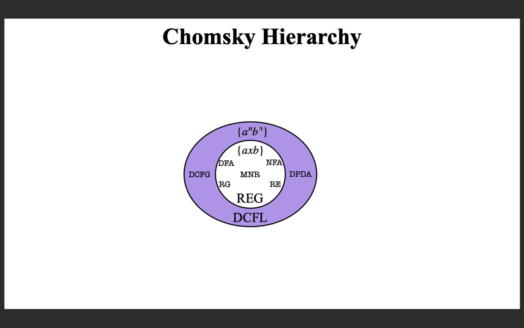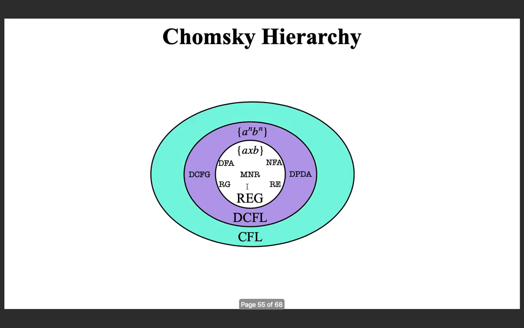And after this, we learned about context-free languages, which is more powerful than deterministic context-free languages. The representations that we discussed are push-down automata and context-free grammar. Note that this is non-deterministic push-down automata, and they are not equivalent. Here is an example language, the set of all even length palindromes, for which there is no deterministic push-down automata.